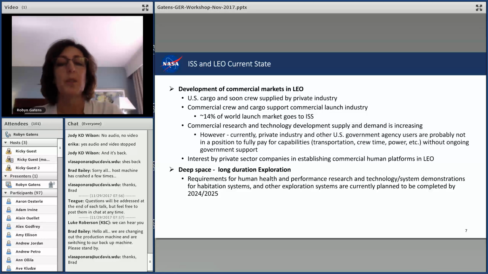And we are seeing commercial research and technology development supply and demand increasing. I will caveat that to say we're seeing a very healthy supply side. The demand side, I think, is still emerging. Currently, private industry and other government agency users are probably not in a position to pay for the capabilities that the national lab is providing today, such as crew upmass, transportation, crew time, power, etc., without the ongoing subsidy